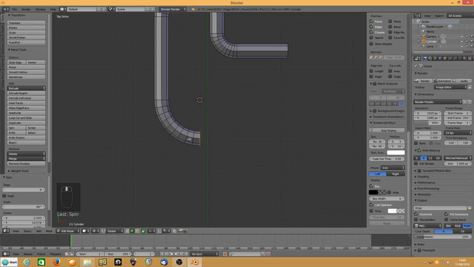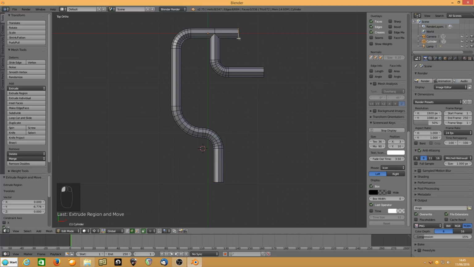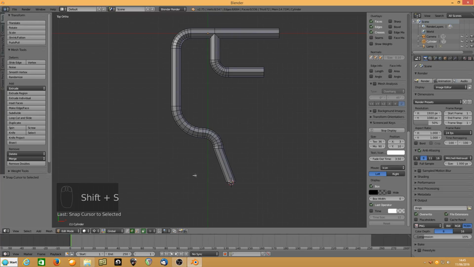So again, if I do a GY to there, I do Shift S cursor to selected, Control Z twice, I do spin, change that to 90, and you see where it's going to, and again, E to extrude on the Y, select that, GX, select that, GX about there, Shift S, cursor to selected, Control Z twice, spin,